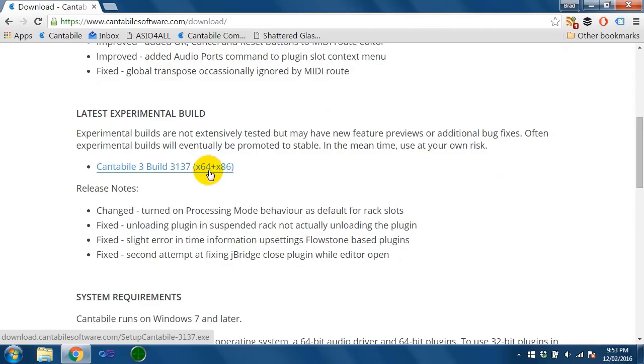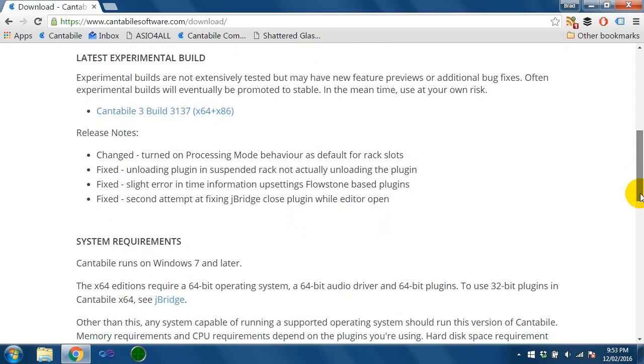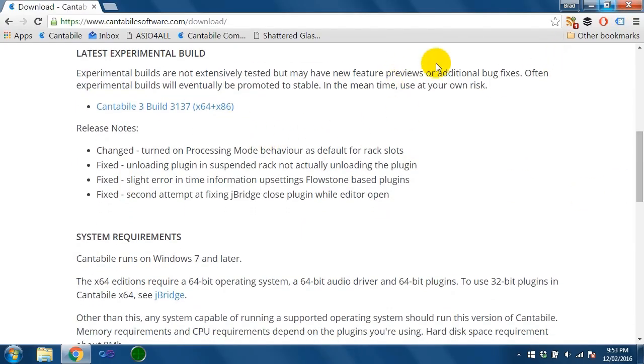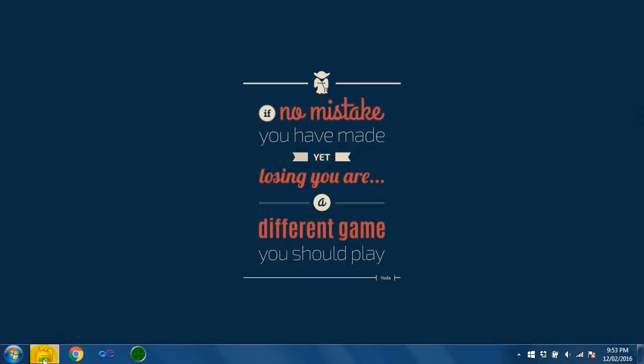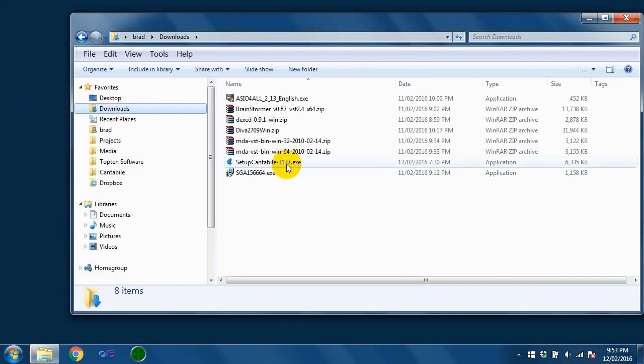So x64 is for a 64-bit operating system, x86 is for 32-bit. The 86 comes from the name of the processor that was the original Intel processors. This is a 32-bit version, 64-bit version. For Cantabile, they're both bundled into the one installer. So I'm not going to download that because I've already got it downloaded over here. So if I just run this,